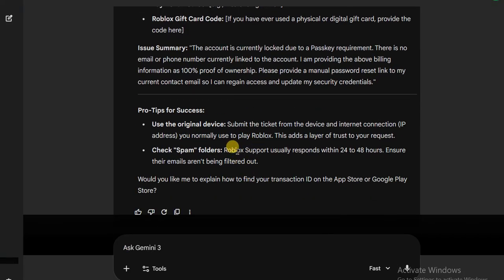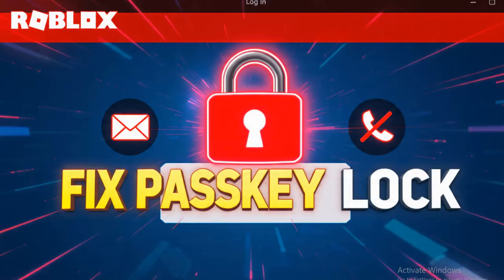Even with no email on file, if you're on the same Wi-Fi network and device where the account was created, the trusted device logic will allow you to set a new password manually to override the locked passkey. If this fails, your only path is a billing override, where you provide a transaction ID from a